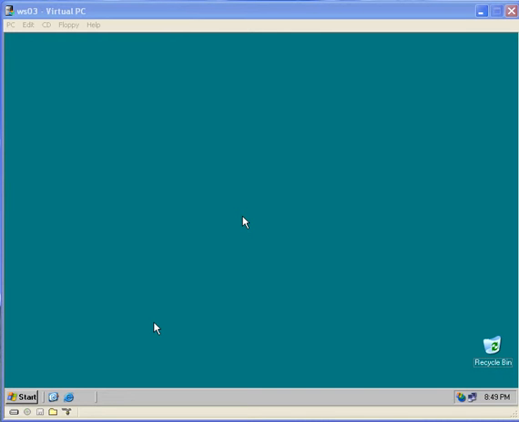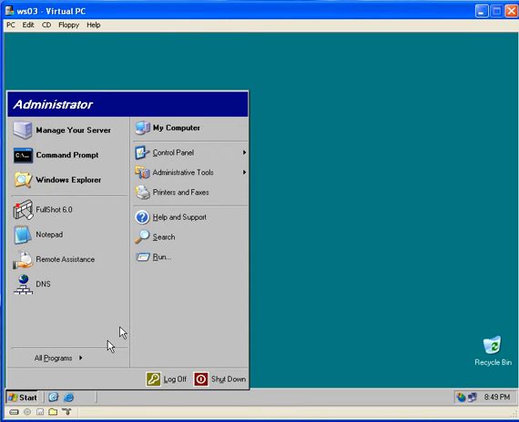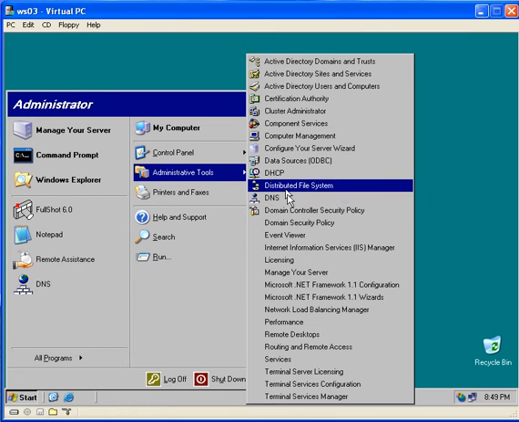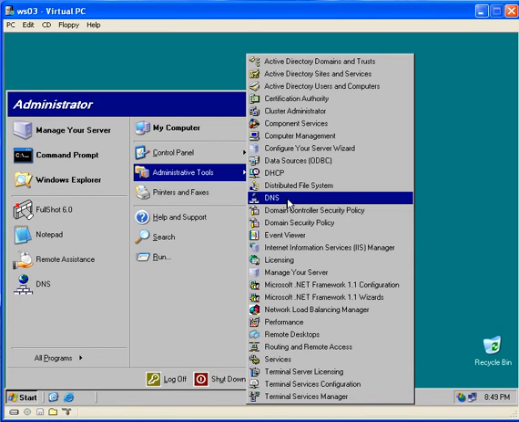Server 2003. In this exercise, 5-9, we're going to look at how to go about changing the zone file replication scope in DNS. So to do that, this is one of the new features in Windows Server 2003. We're going to start by clicking on the Start button, selecting Administrative Tools, and choosing DNS from the Administrative Tools